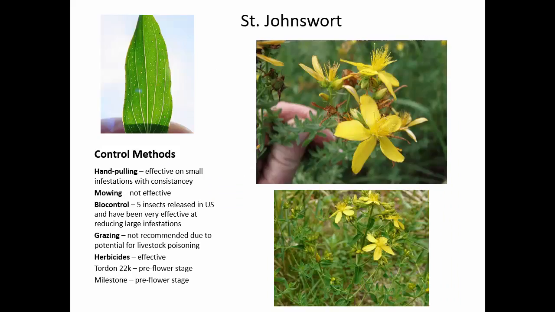So, St. John's wort, who got it? Yay. Okay, there is a native one, but it's a higher alpine plant. And the indicator we have for St. John's wort is, are we really already out of time? We are. It's the pinprick holes through the leaf. Hold it up to light, you can see little pinprick holes through it. That's how we know we've got St. John's wort.